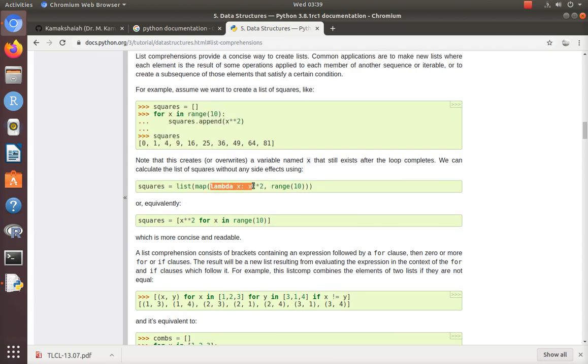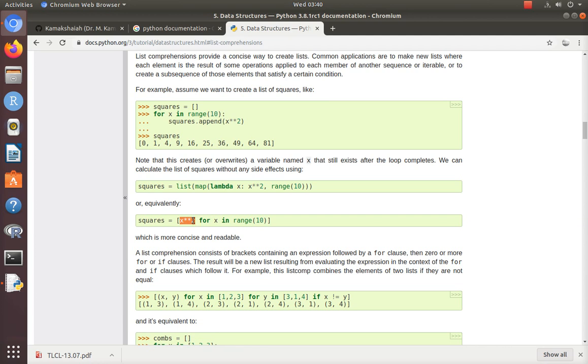So there are 2 ways to perform this. You see here you can use a lambda function, and use a couple of other functions like list and map. Here what is happening is we are defining that process as a function, and that function is applied over our input data. This is one way. The other way is using the lambda function, achieving squares using lambda functions and the list. This is not a list comprehension. This is the true list comprehension, where we perform